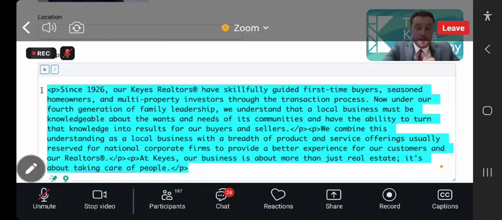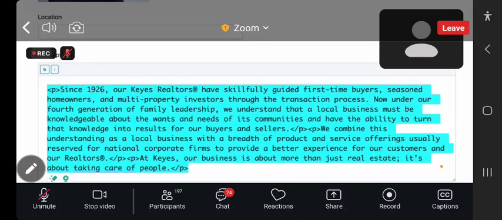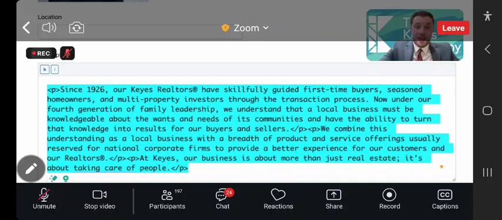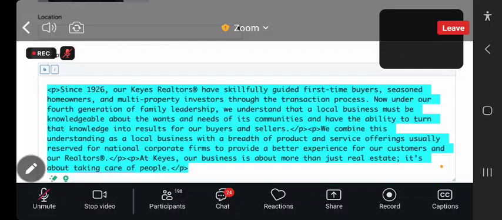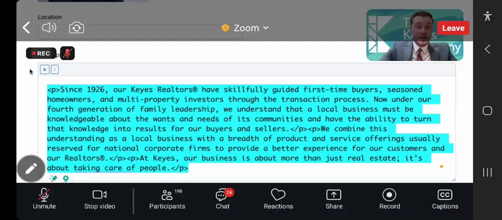What I would do, I would highlight all of this. I would go to ChatGPT and I'd say, I'm a luxury real estate professional in South Florida, and this is a general description of the company and the services. Please make this more personal for me. Now you're going to want to tell ChatGPT what you specialize in terms of luxury, where you are focused in terms of business, what's unique about you, all those things. And ask ChatGPT to keep the same format, because that just means it'll keep the spaces and the correct way this is written. Put it in ChatGPT, ask it to write a more personal description for you, make it about X, Y, and Z, keep the same format. You click enter